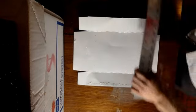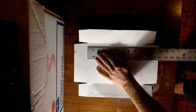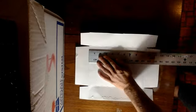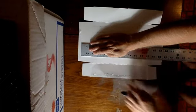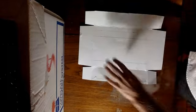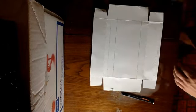So then you're going to turn your ruler vertical, leave your paper where it is, and you're going to connect your lines. There we go. And we can obviously see that mark, so I'm not even going to draw it. Now we need to turn our paper horizontal. Well, for your video, it's vertical. Okay, so then